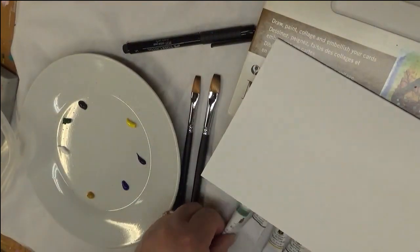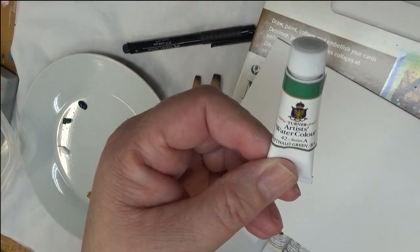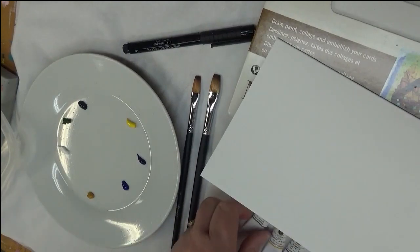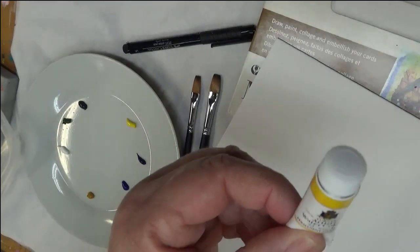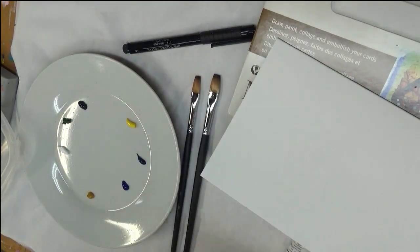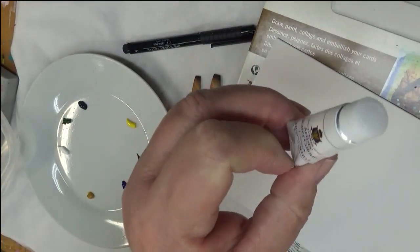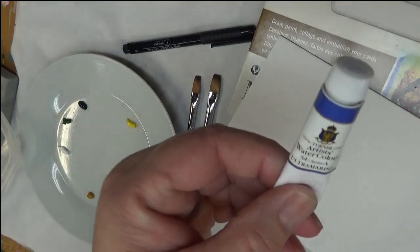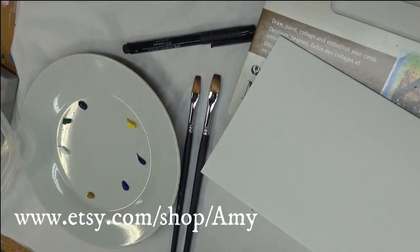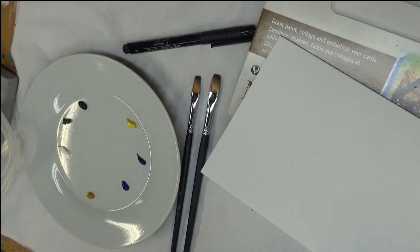The colors I'm using today are Phthalo Green, hopefully I'm pronouncing that right, I'm sorry if I'm not, Sap Green, Permanent Gamboge, Permanent Yellow, Chinese White, and Ultramarine. Again, these are just small little tubes that I bought just to sample doing some watercolor with